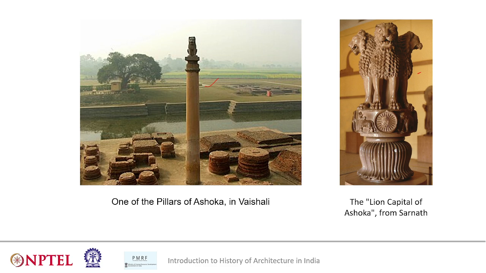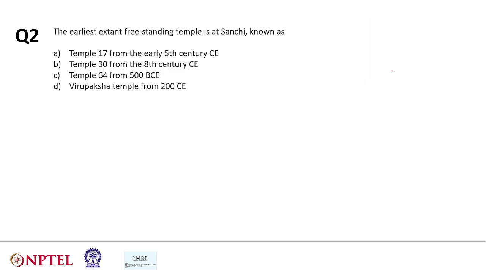And you can see here the lotus motif, right? These are the lotus motifs forming the base of the capital. And there's this national emblem. There are these animals which are inscribed, and there are these four heads of the lion. So this is definitely the lion capital of Ashoka from Sarnath. Is it okay? Is it clear?